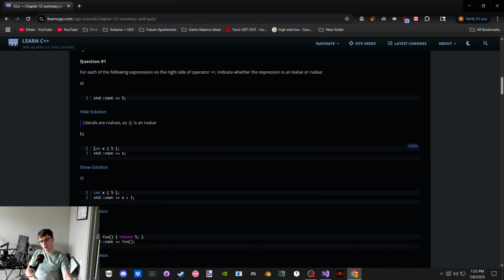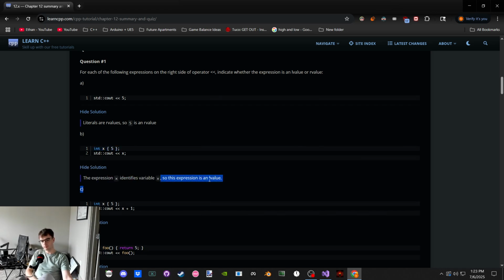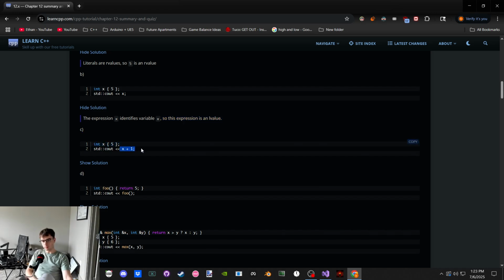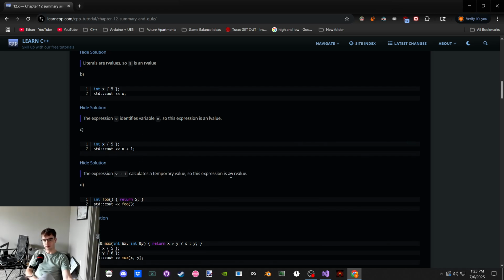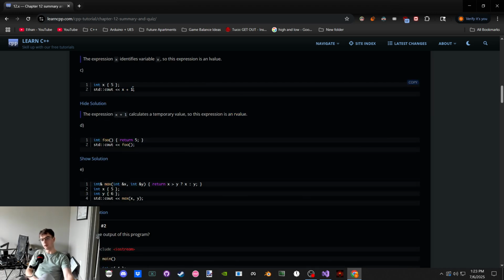In this case, integer x is an L value. It's identifiable by x. So when we evaluate x, it evaluates to this object that exists wherever it does, L value. x plus 1. This is an R value. Why? Because x plus 1 is not identifiable by anything. We have taken the literal, well, we've evaluated x, but then added something to it. We get an R value. Yep. Return value is a temporary variable. We can pretend like those are two parameters to a function that returns the sum. Well, that sum isn't stored anywhere. It's not called y and we can look at it. It's temporary. Therefore, R value.